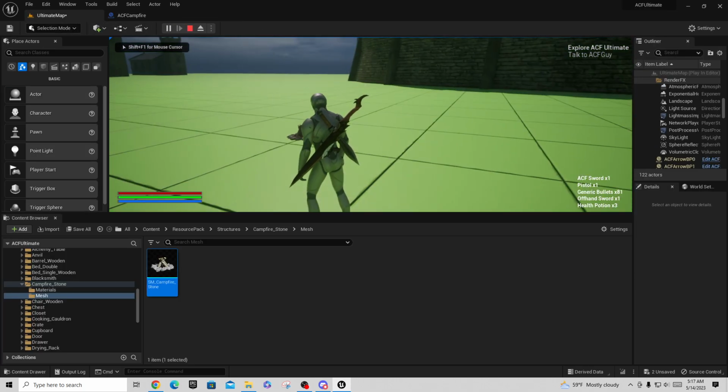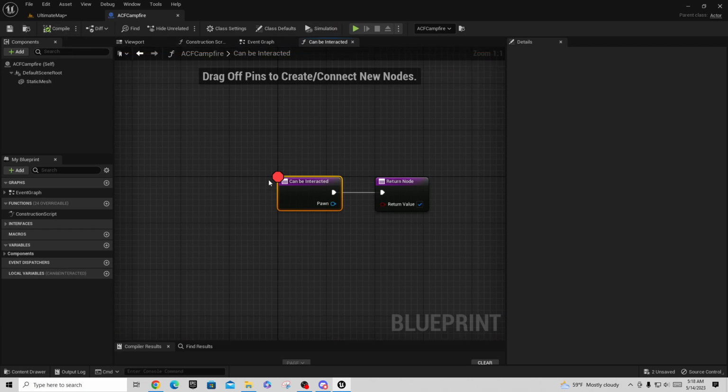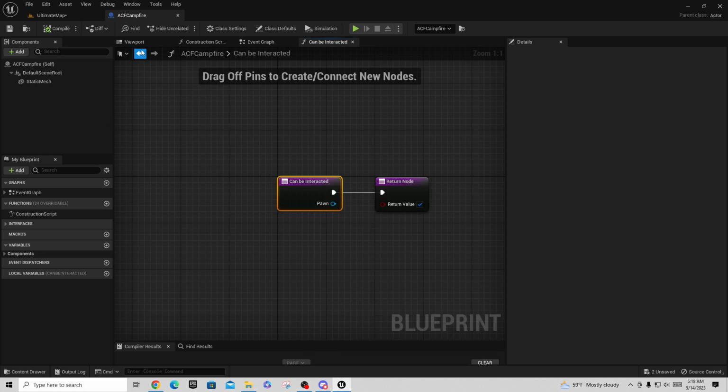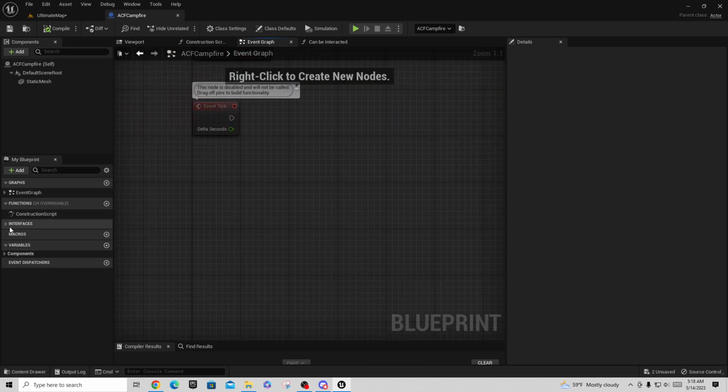And now we will go over and see if we trigger that can be interacted. And so just by flipping on the collision and making sure that we had collision on there and setting that property to true, what will happen now is it'll go into the next portion of this. So even just right there, you could start coding with this. But what we want to do is we want to go out here to our event graph and we want to go to our